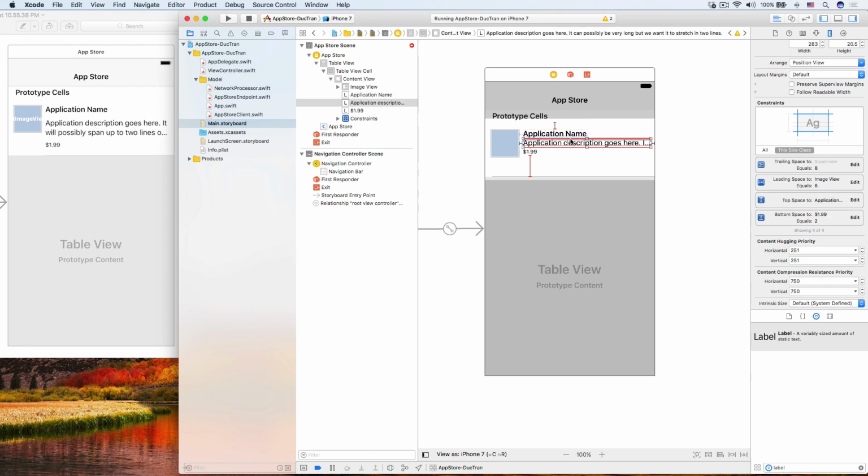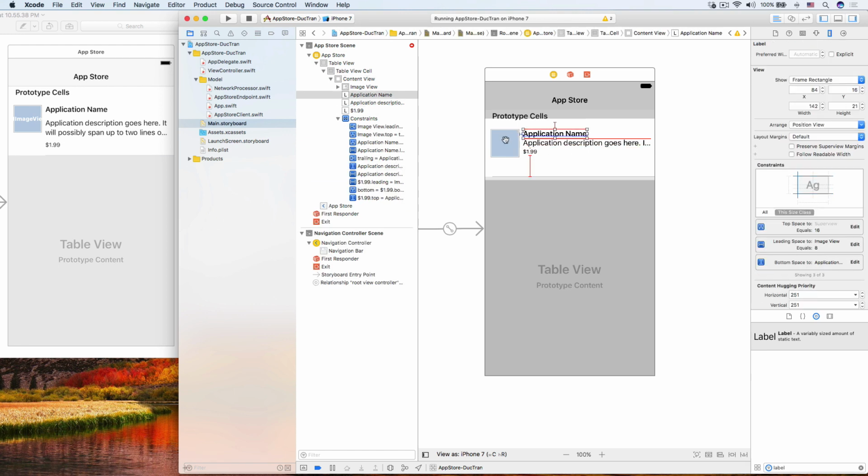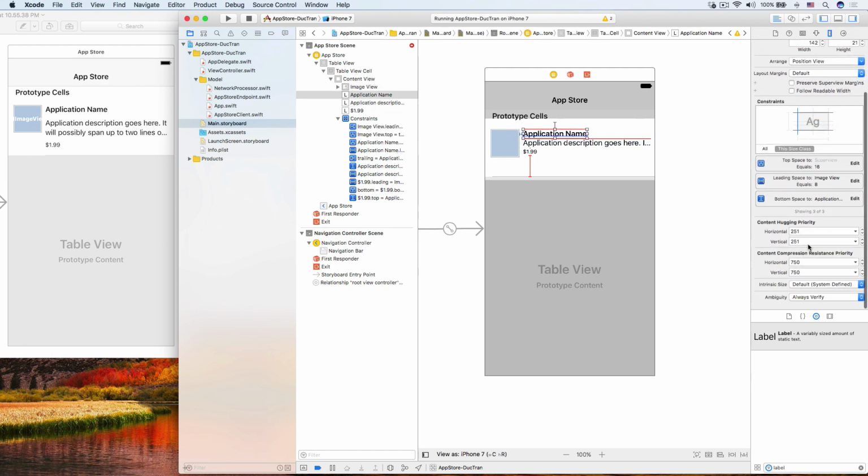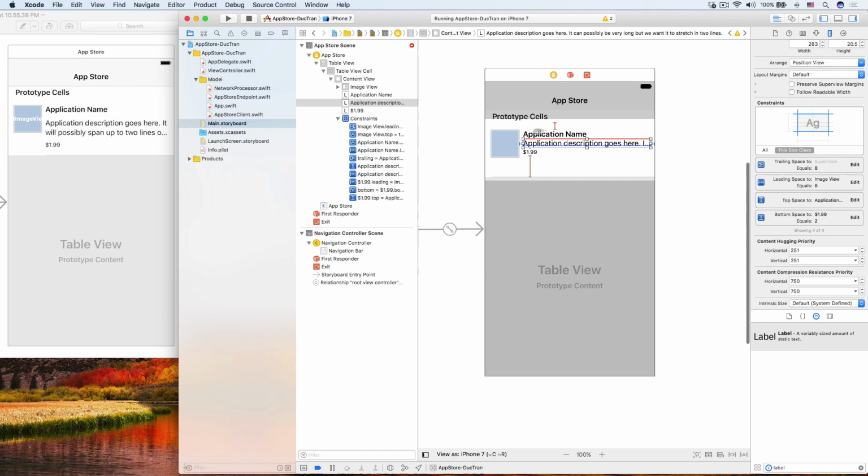So for example, all of these three labels and all of these elements have default vertical and horizontal content hugging priority. Again, content hugging priority means that I don't want to grow more. The higher the number, it means that I don't want to grow more than other things. So in this case,